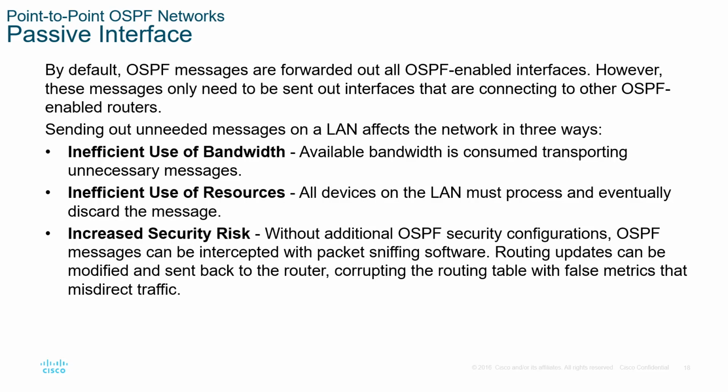So, because of this, the router will try to communicate with other routers in the local area network. So the router will constantly be sending messages on the local area network. And this is what you get. Inefficient bandwidth, because the router is sending traffic where nobody's going to be listening. Inefficient use of resources, so the router is not efficiently using its resources because it's just wasting time and resources. And